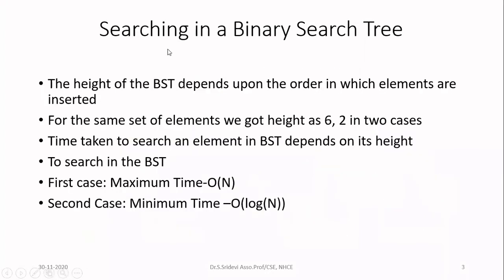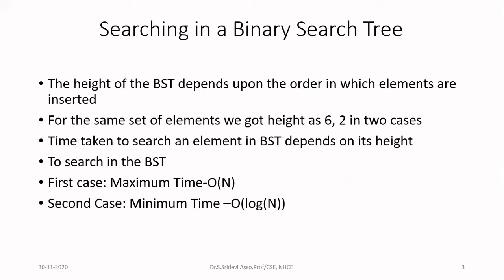So now our aim is we need to perform searching in less time. So what is the solution now? You just reduce the height of the tree so that you will perform searching in less time. So how to reduce the height of the tree? Now we have seen that the height of the tree depends upon the order of the data. If the height of the tree depends upon the order, I need to have some method to change the tree or to rearrange the tree so that I can reduce the height of the tree after the arrival of the elements. So whenever you insert any data to a binary search tree, or whenever you perform any deletion in the binary search tree, make sure that you are going to balance your binary search tree.